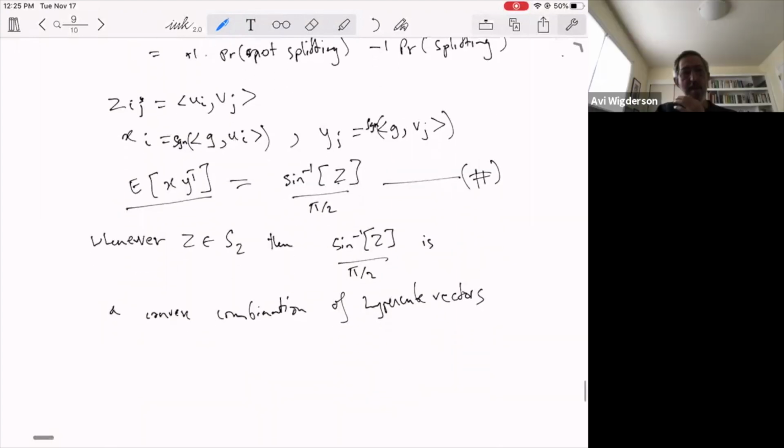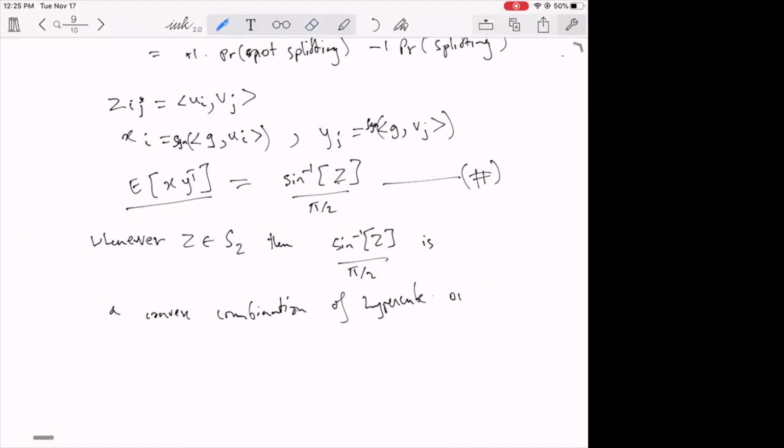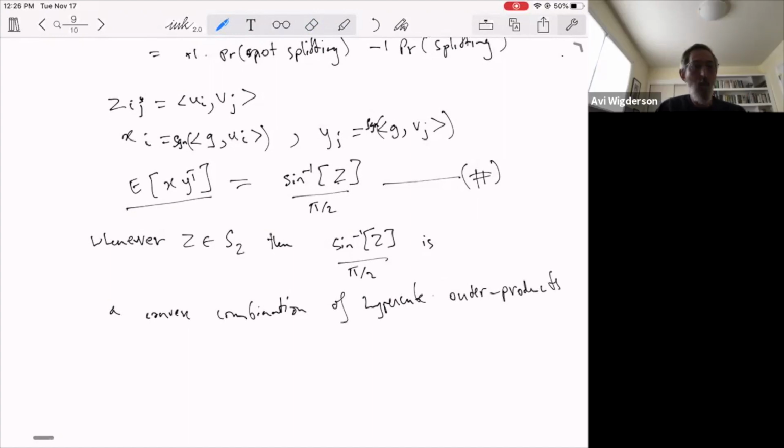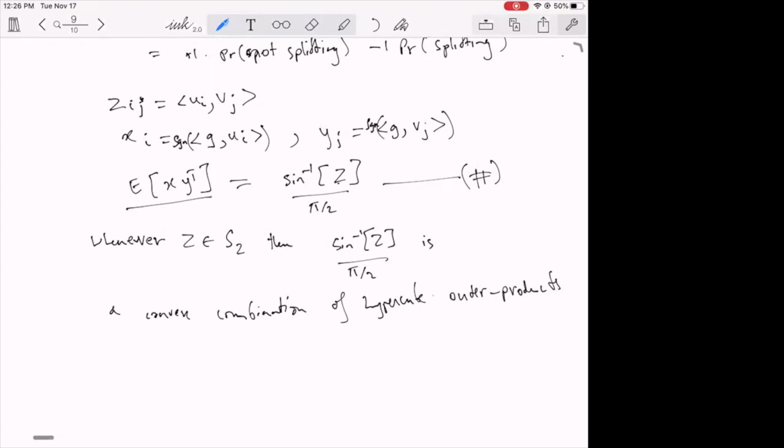It's not hypercube vectors, it's hypercube matrices. Yeah, hypercube outer product. Rank 1 hypercube matrix. Yeah, exactly. Right, and therefore